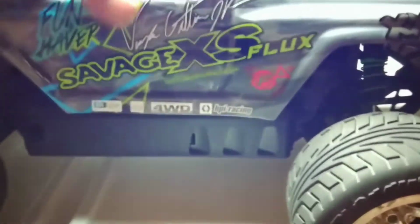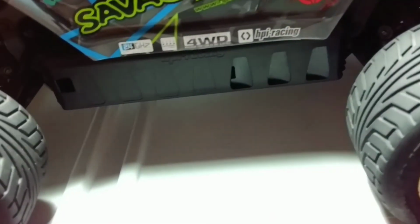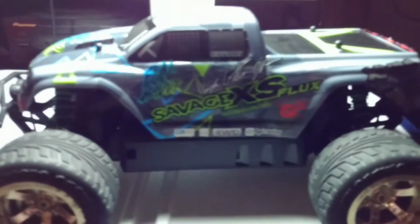One thing I do like is the green springs. I think they do accent the body pretty well, honestly. And obviously the green tires and wheels will too. But since I've been running on pavement a lot, I definitely didn't want to tear up these really nice Power Pin tires with the green wheels. Man, it'd be a shame to tear these things up. I mean, for hard packed dirt or clay, these might work okay. But I hate to tear them up on the concrete. I do like it though. I do like the whole color scheme of the vehicle itself. So anyway,